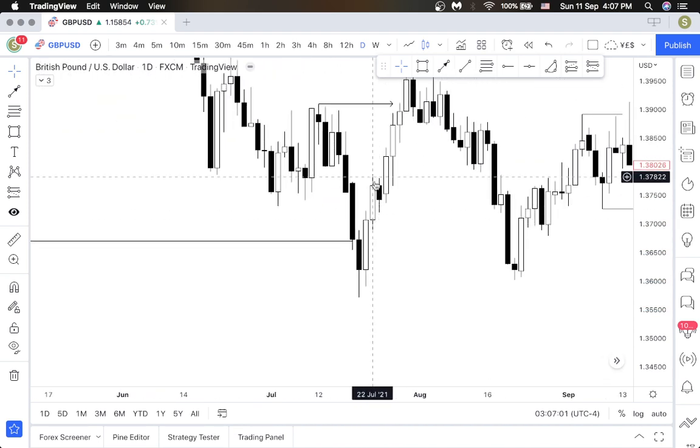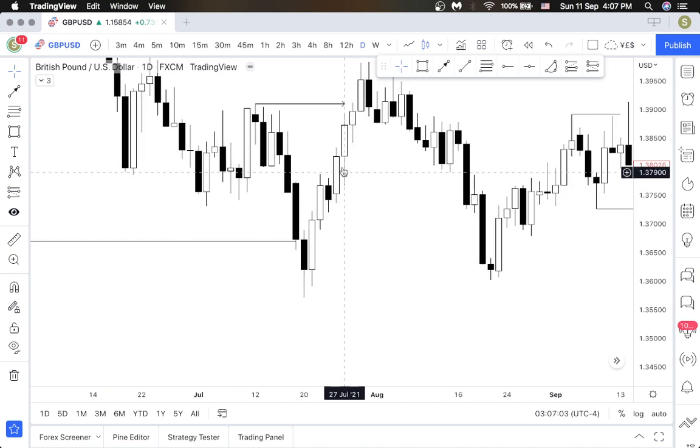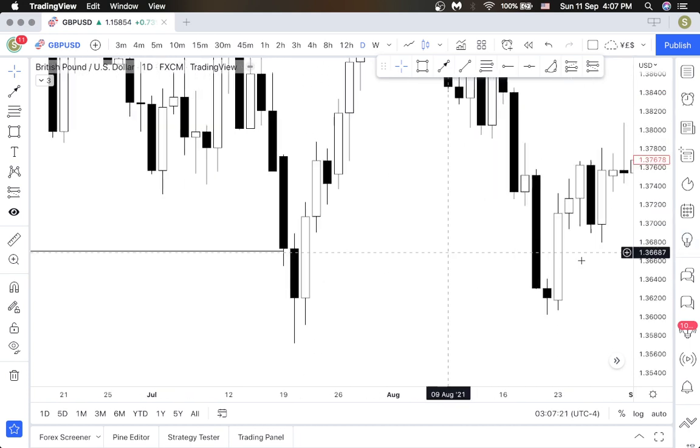The reason why I'm not picking this order block is because there's no imbalance. After we break the structure, you can see price already came down, tapped into it, and flew. There's no imbalance here for me to start looking for a buy when price comes back down here. No imbalance whatsoever, so I'm not interested in this order block. However, this order block actually has an imbalance. It's not very clear now, but if I zoom in,